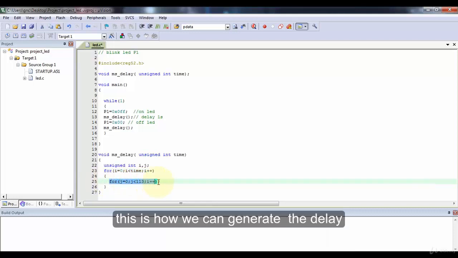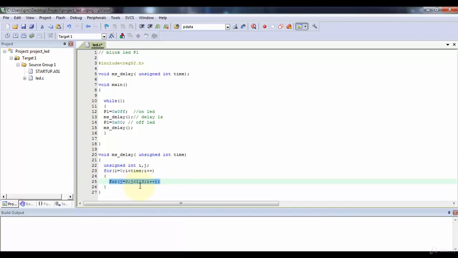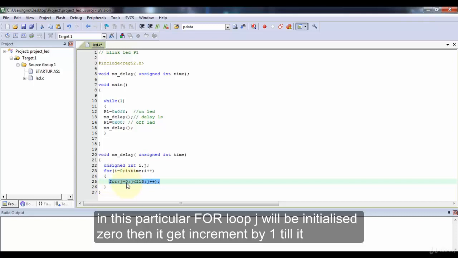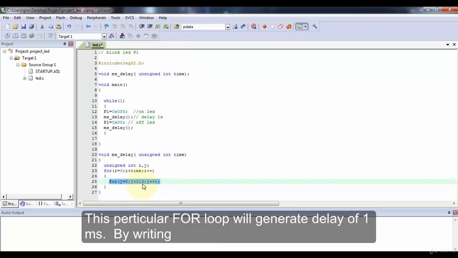This is how we can generate a delay using two for loops. In this particular for loop, I am writing j equals 0, j less than 113, j plus plus. In this for loop, j will be initially 0, then it gets incremented by 1 till it reaches the value 113. So it's a simple operation. This for loop will generate a delay of 1 millisecond.